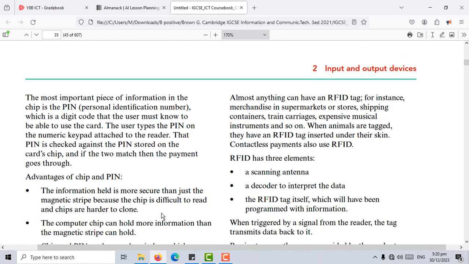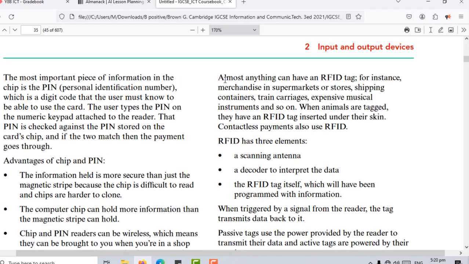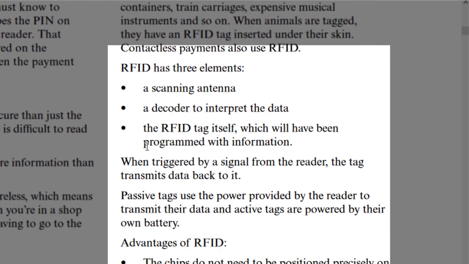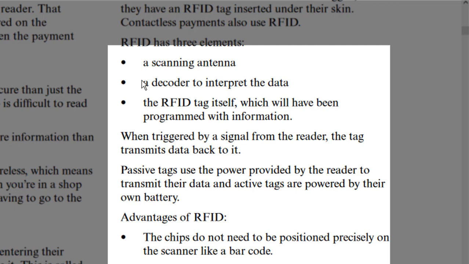Alright, let's read more about RFID because it's really interesting. Almost anything can have an RFID tag. For instance, merchandise in supermarkets or stores, shipping containers, train carriages, expensive musical instruments, and so on. When animals are tagged, they have an RFID tag inserted under their skin. Contactless payment also uses RFID. The card where you just have to touch the ATM and you don't have to swipe it